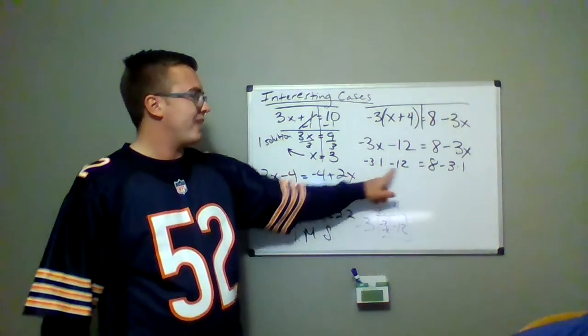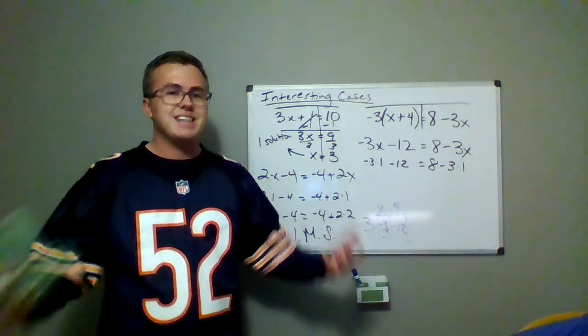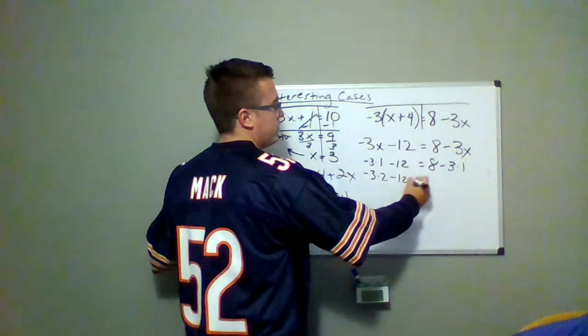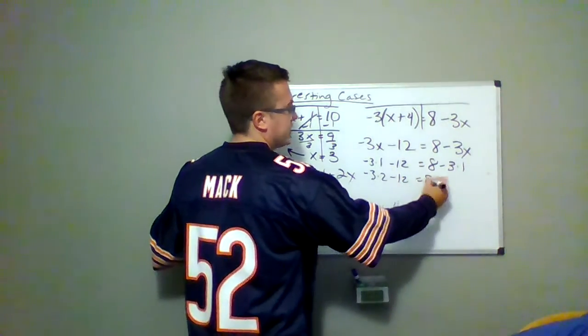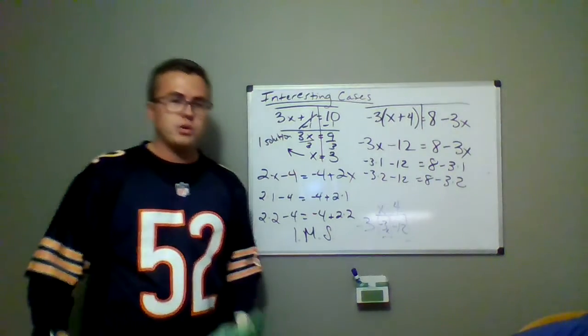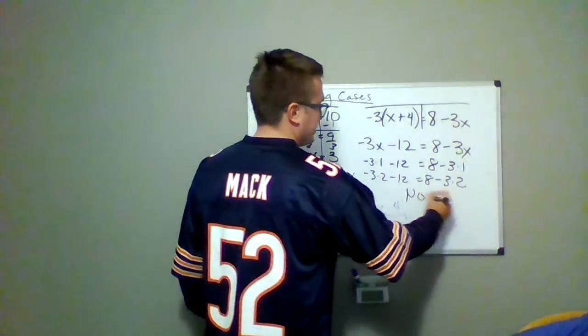Because what you're saying is negative 3 minus 12 is equal to negative 3 plus 8. That's not the same. If I plugged in 2, negative 3 times 2 minus 12 equals 8 minus 3 times 2. There's nothing that you could plug in to get the same thing. So in this case, there is no